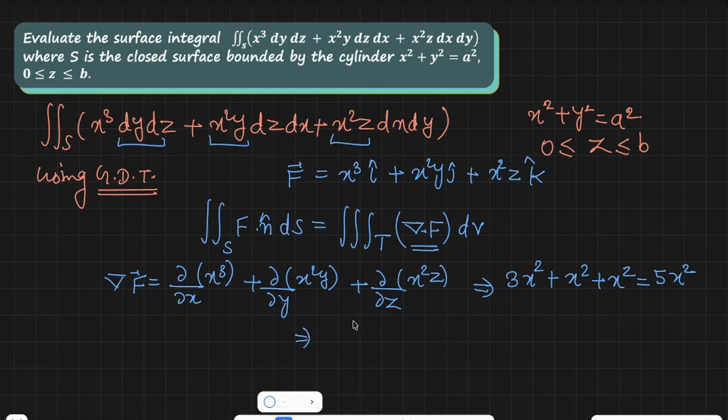So it is nothing but the triple integral of 5x square, and this is dx dy dz. Now here the base is given as a circle, so it is the cylindrical coordinate. So here you have to convert this into the polar coordinate system, or what you can say is the cylindrical coordinate system. It's very easy to convert. So how to convert? See,